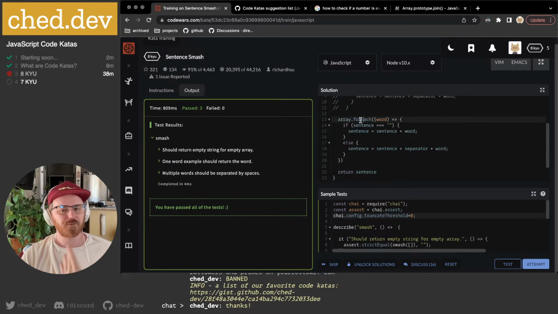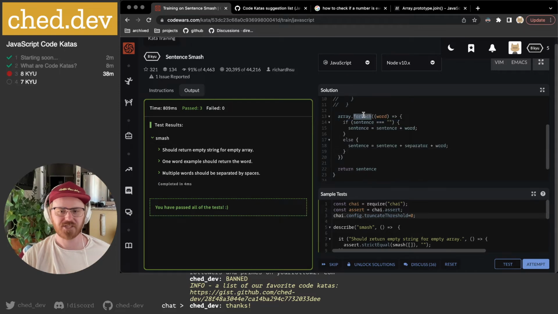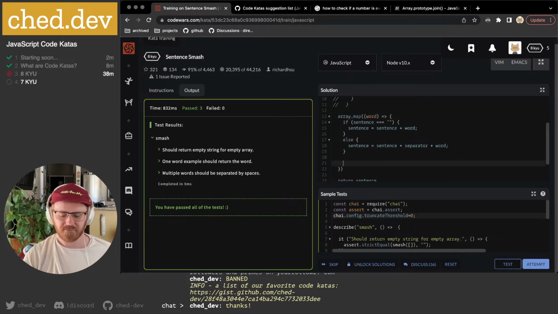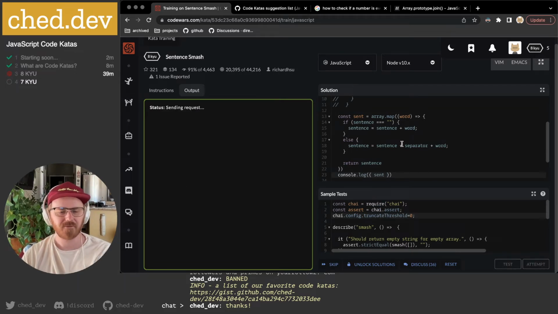In this case, you could use a for each or a map. The difference is a for each will just run this. It won't return anything specific, but if I change it to a map, it will run the same as a for each, but any value that I return here is going to be returned. Like, so if I return sentence and I say this is const sent, and I'm gonna console.log sent and run that,